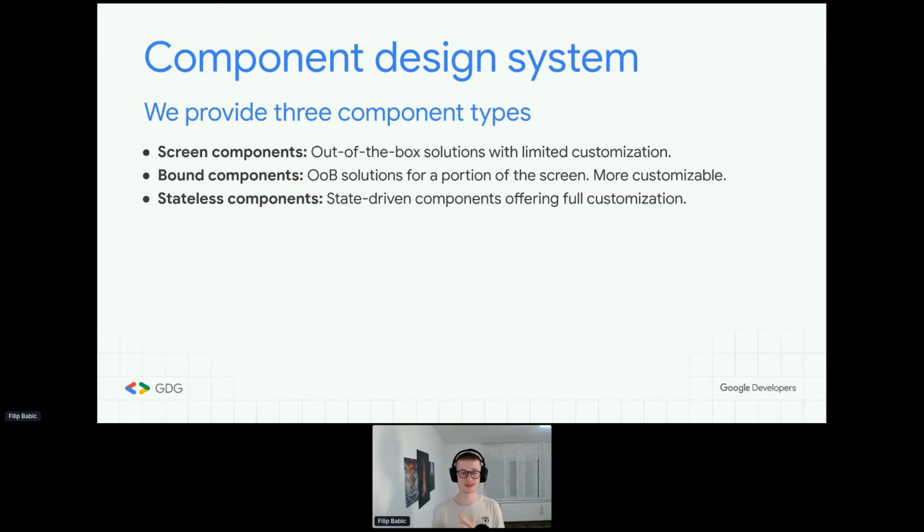And finally, what bound components use underneath are stateless components, which are components that are state-driven. So they don't produce or remember any state themselves. They just get state from the outside. And they offer full customization. So customization in terms of, let's say, the very basic styling of the component, customization in terms of overriding behavior of the component, and the state itself, because you have to provide the state for them. And finally, customization in a way that you can override certain parts of those components,